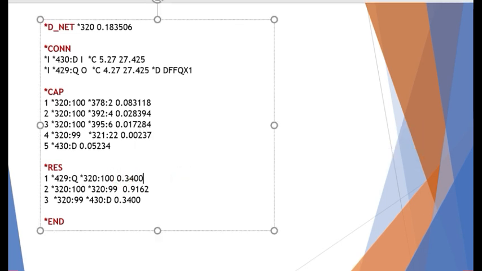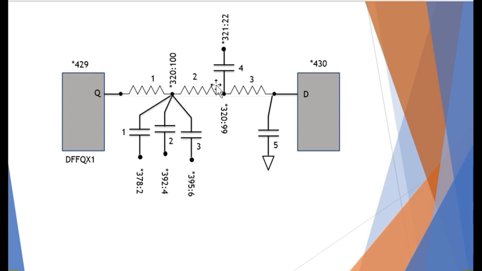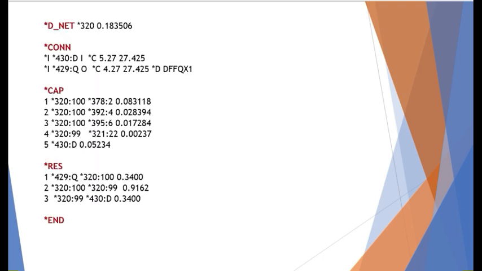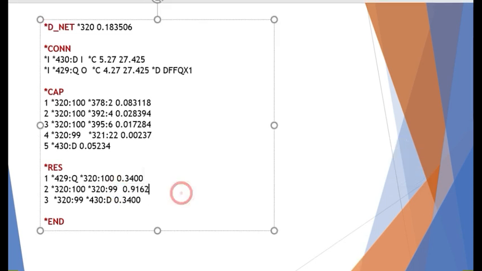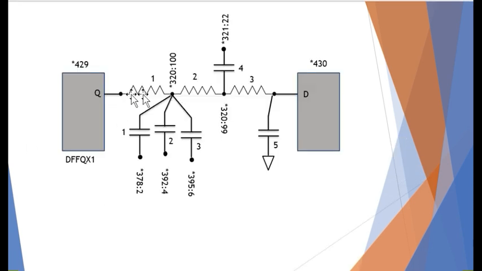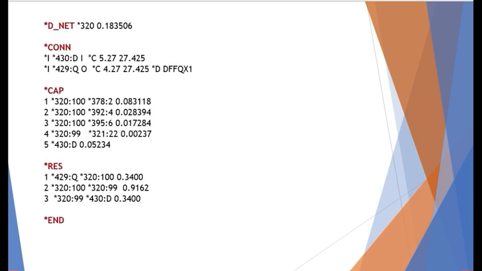Second is between the 100 node of the 320 net and the 99 node of the 320 net, and this is the resistance value. Just remember that this is the same 320 net, but its node is different. After the colon comes the node, and before the colon comes the net or the instance name. So that's how we define the parasitics of a net using this DNet section.